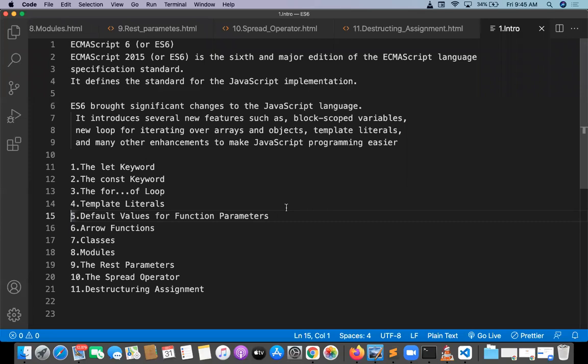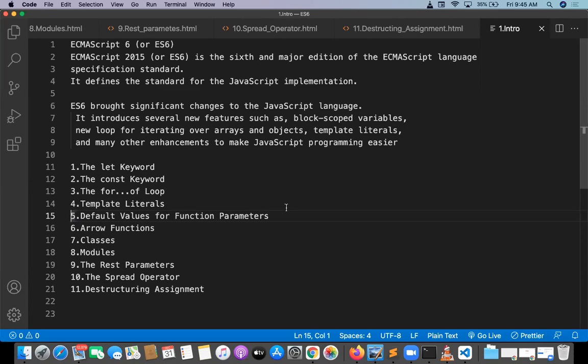In normal JavaScript, there is no default value for a function parameter, but in ES6 you can define a default value for a function parameter. I'll explain that. And arrow functions, this is a very, very important feature. Interview question. All these are interview questions, guys. What are the things which are going to be available here? All these things are interview questions in React.js. If you want to go for a React job, first they will check your knowledge of ES6 features.